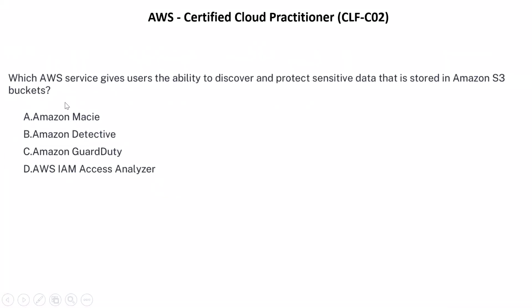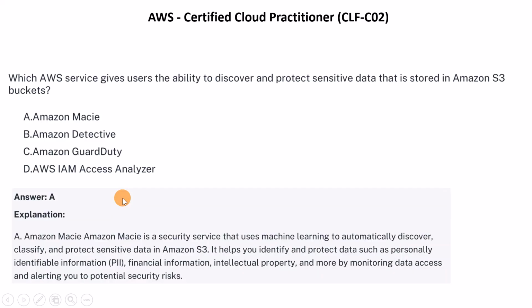Next question. Which AWS service gives users the ability to discover and protect sensitive data that is stored in Amazon S3 buckets? The options are option A, Amazon Macie, option B, Amazon Detective, option C, Amazon GuardDuty, option D, AWS IAM Access Analyzer. The correct option for this question is option A, Amazon Macie is a security service that